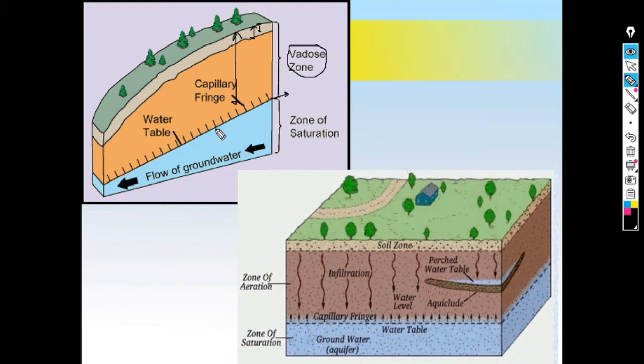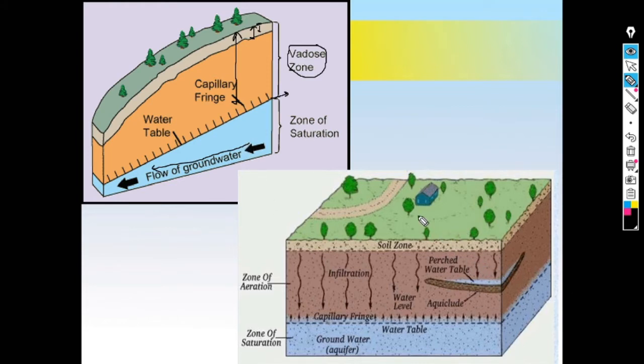And some of the water is uprising due to capillary action from this water table level, and that is nothing but your capillary fringe. Now water, even groundwater, is flowing in this direction under the influence of gravity, as the general slope is in this direction. That's why the groundwater will always flow under the influence of gravitational head, that is under the influence of gravity, from higher elevation to lower elevation, okay.